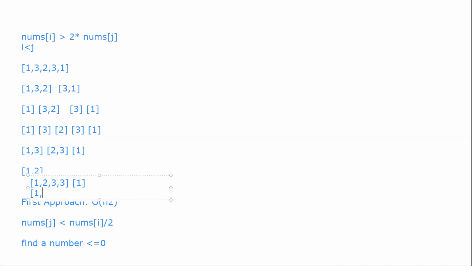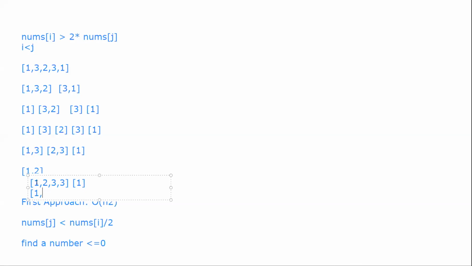Whenever it's not matching, you increase your i. Whenever it's matching, you increase your j. Oh, okay, I see. So in this example, when it wasn't matching, I just increased i here. Even 3 and 3 was not matching. When 1 and 2 were not matching, at that point I incremented my i, and then 3 comma 2 is also not matching. So you got none of the pairs over here. Now you just merge these two arrays in a sorted way.